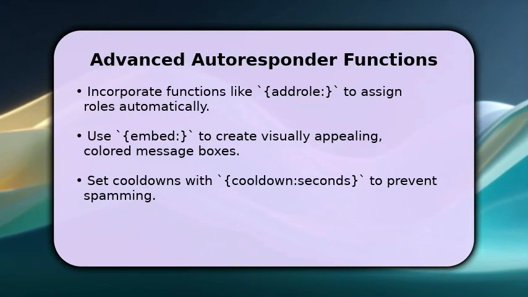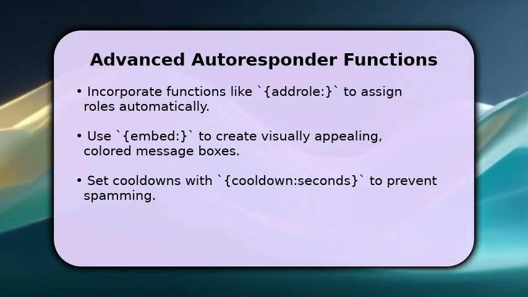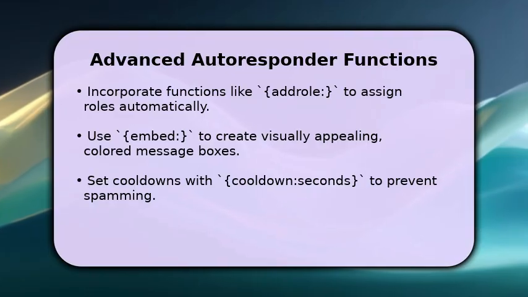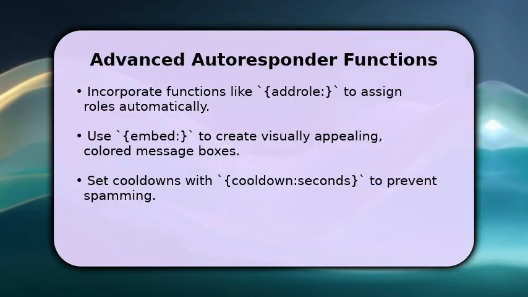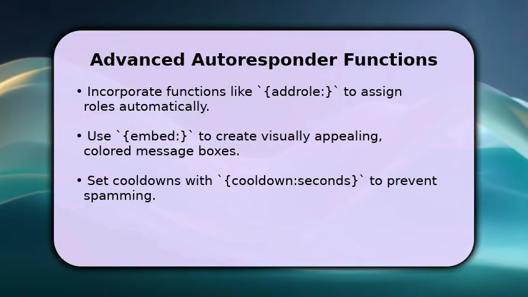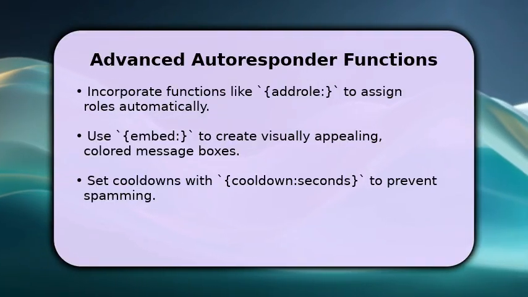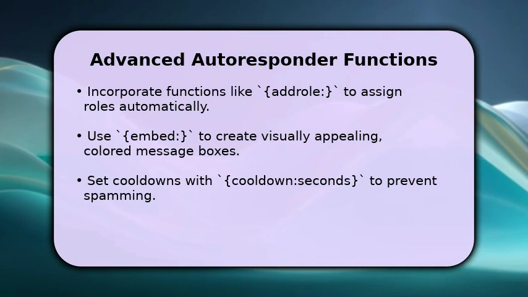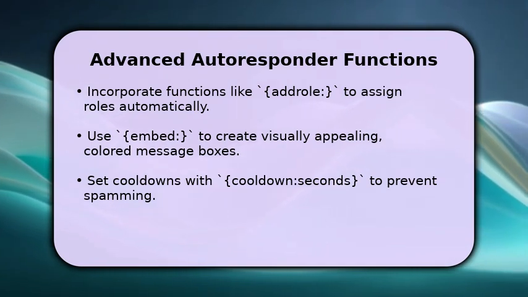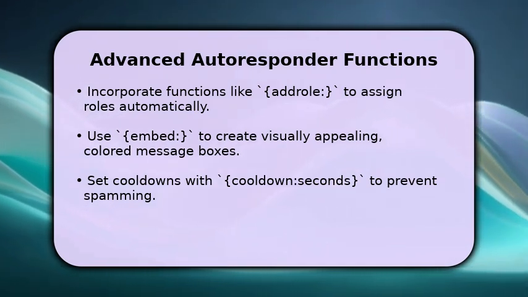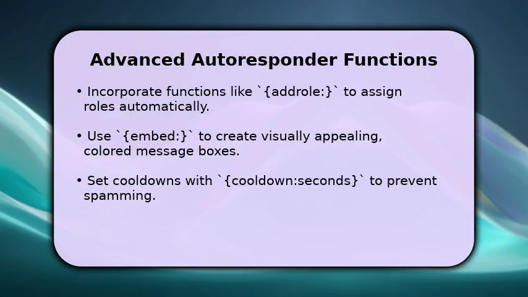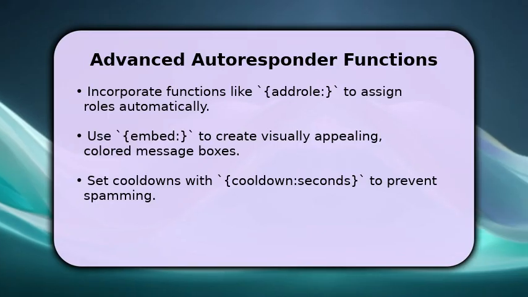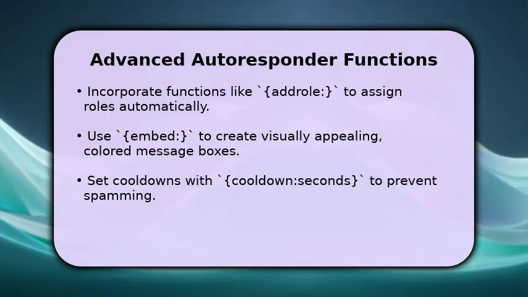MIMU autoresponders can do much more than just send text. You can integrate powerful functions to create dynamic interactions. For example, use a role to automatically assign a role, or embed to send a visually striking message in a colored box. You can even add a cooldown like 60 seconds, using cooldown 60 to prevent users from spamming. These advanced functions allow for highly customized and interactive automated